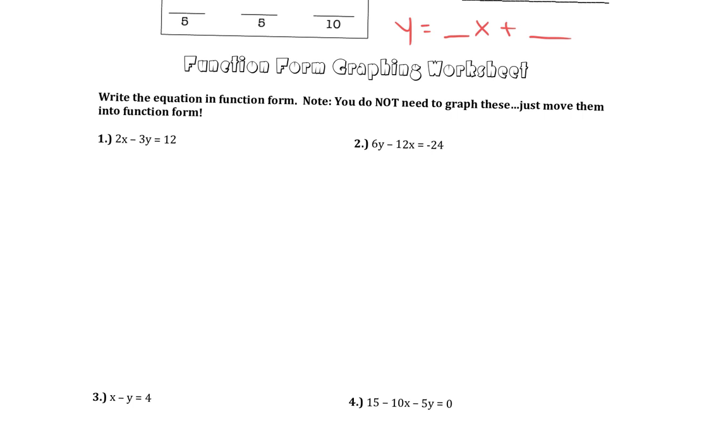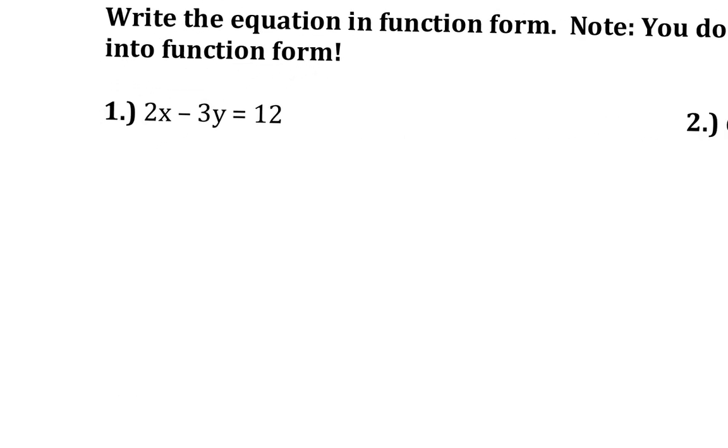And so whenever we start the problem, like let's look at number 1 together. Notice the directions ask us to move it into function form, and on these first 4 you do not have to graph them. You just have to move them into function form. As I look at this here, my goal is to get y by itself. Well, the first thing I'm going to do is to make this addition. You don't have to do this step. You could still get it right without doing it, but I think it's really helpful to make sure that you don't lose that negative sign in front of the 3y. You have to remember that that 3y is negative, and so I think making an addition helps you not lose